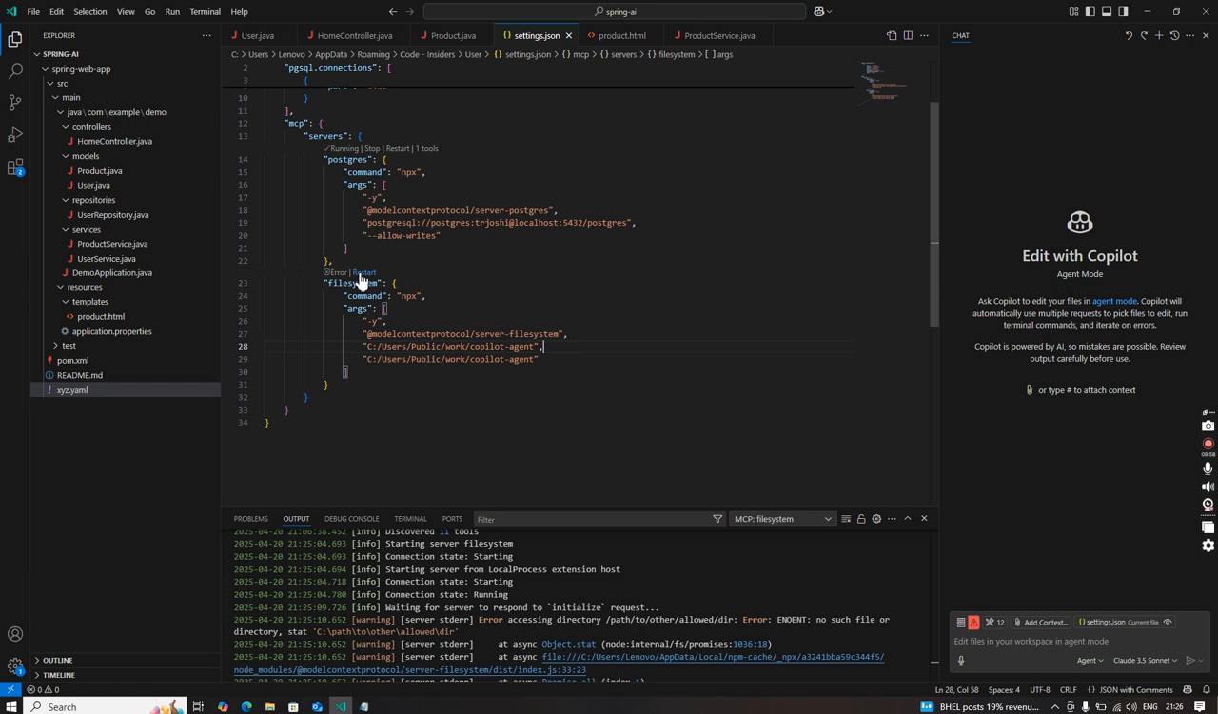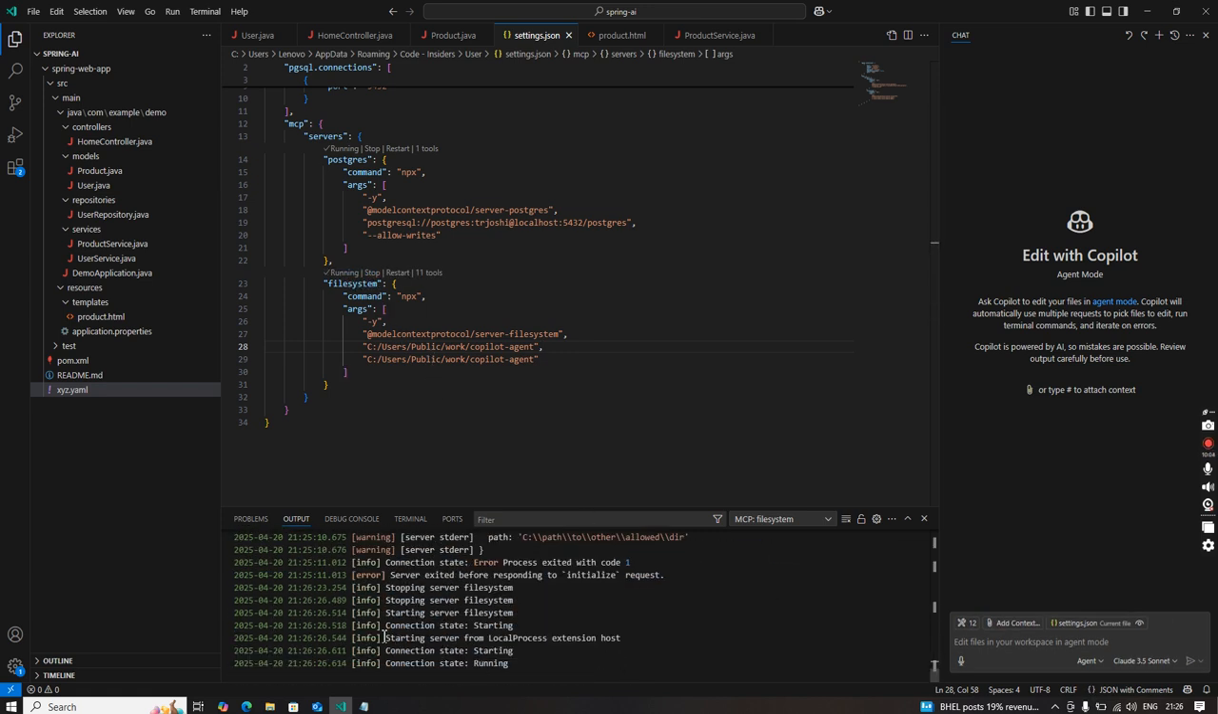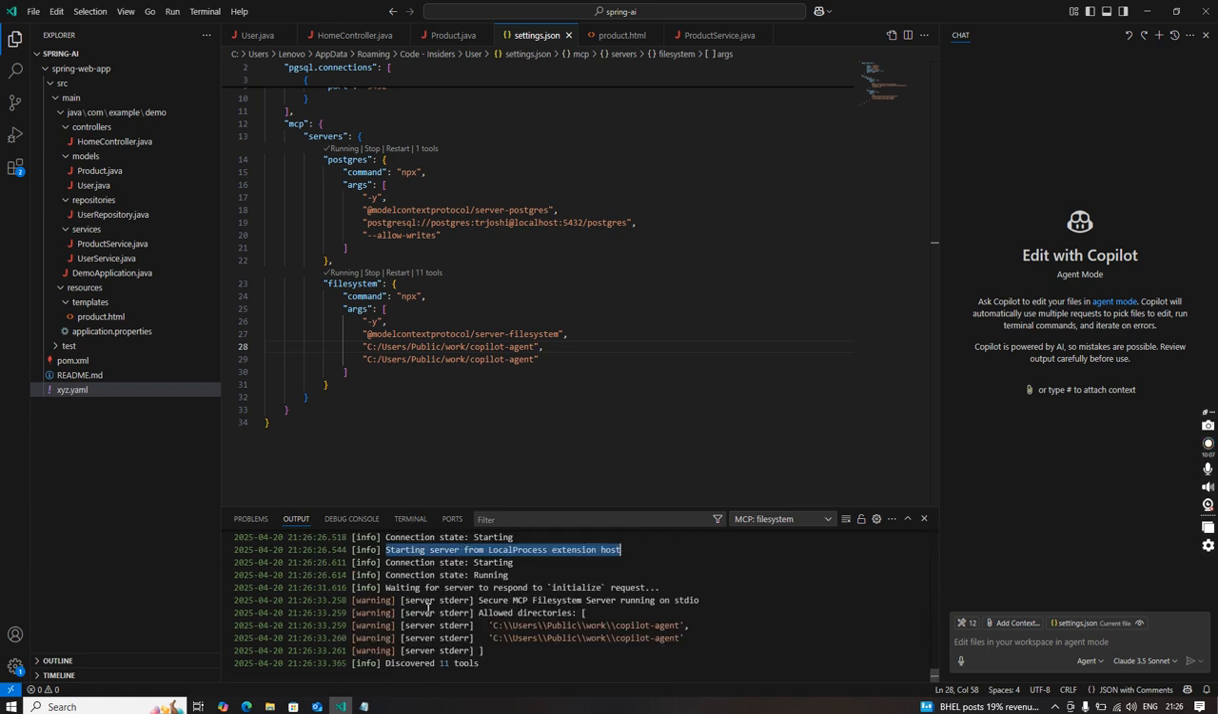And the moment you save it, you need to restart this one, and this time it should be a success. If I scroll down, starting server from local process extension host and waiting for server to respond, secure MCP file system server running on stdio, allowed directories are this one. If you want to allow more directories, even that is possible. Okay,